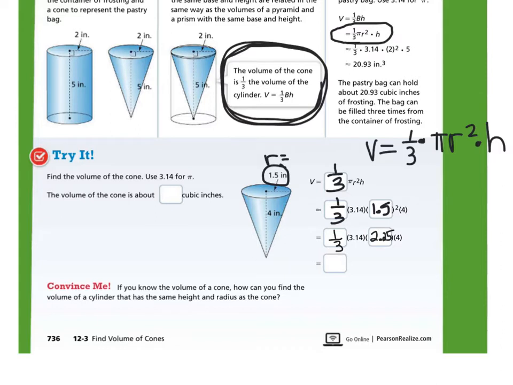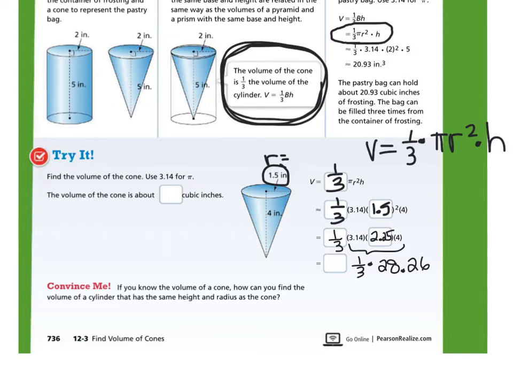So the easiest way to do that is to multiply these pieces first, and then we're going to take 1/3 of that number. So let's do our pi times 2 25/100 times 4, and we get 28